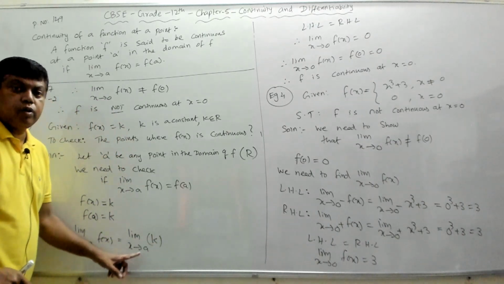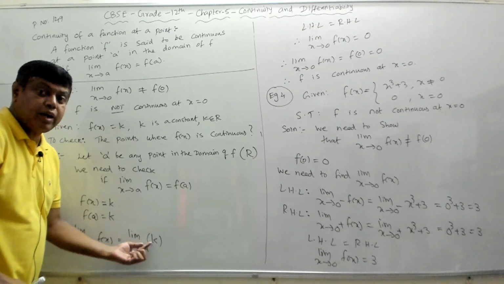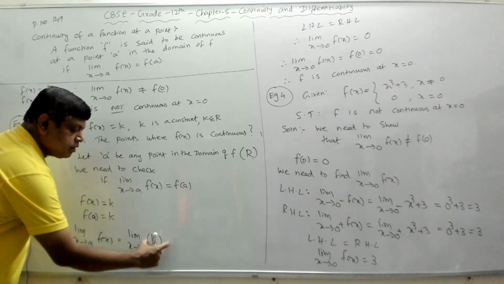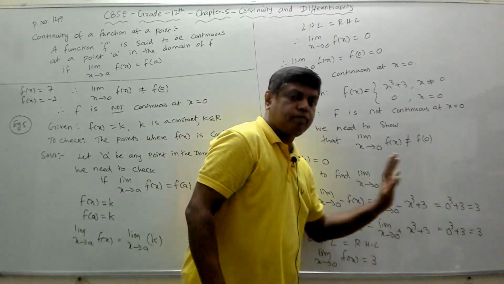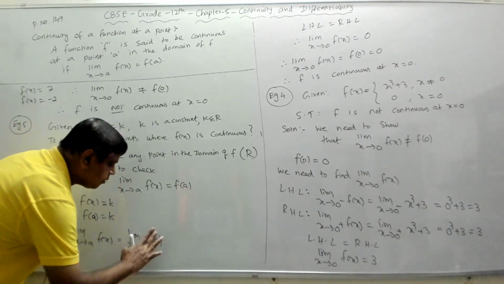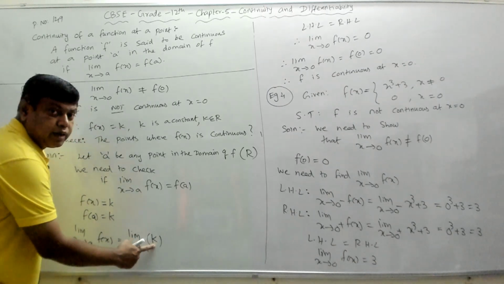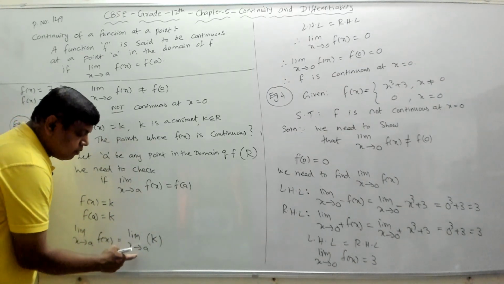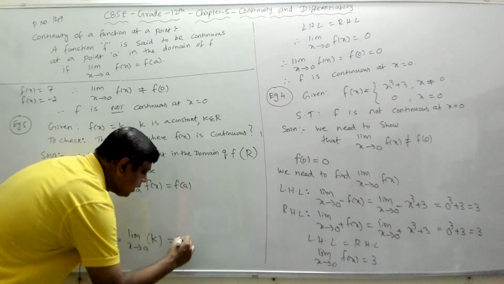Now we are going to substitute the limit a, which means we will substitute a wherever x is there. If any x is there in this, we will substitute. Before, we had x, so we substituted x as 0. But here we have just only k. There is no x. Now limit x goes to a, k means what? Wherever x is there, I have to substitute a, but there is no x at all. So I have only k. So the value will be k.